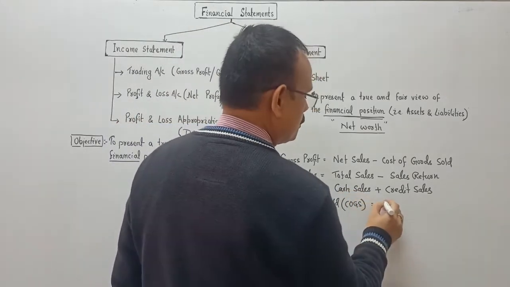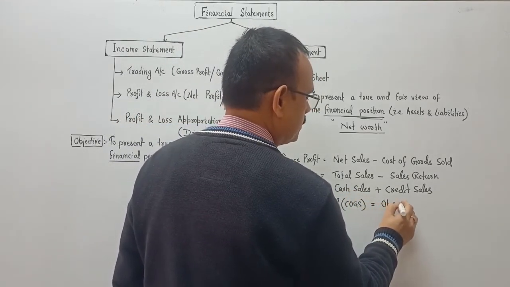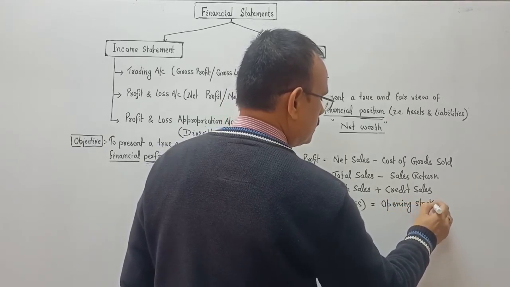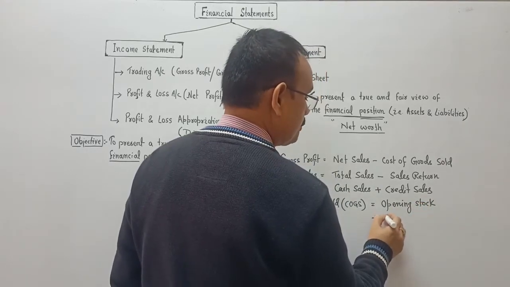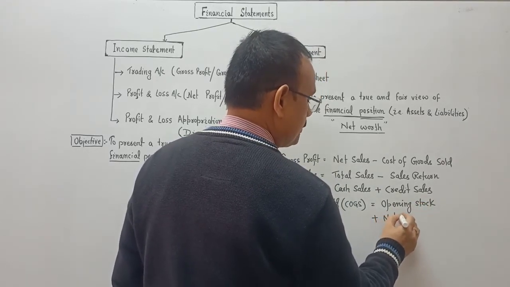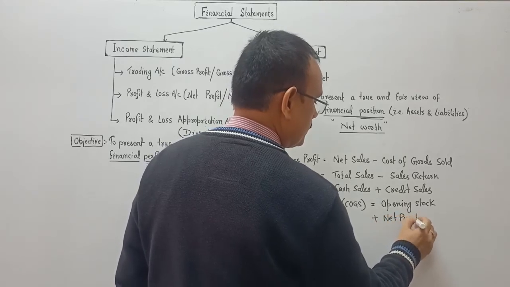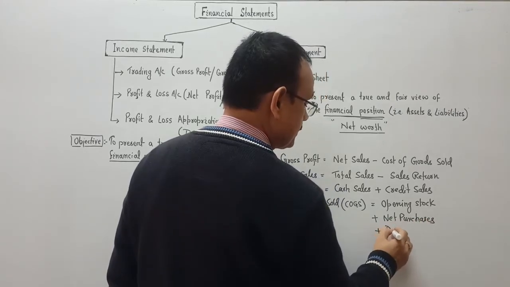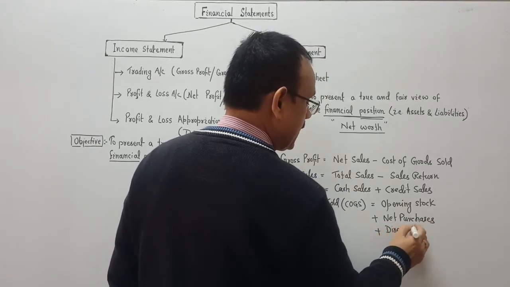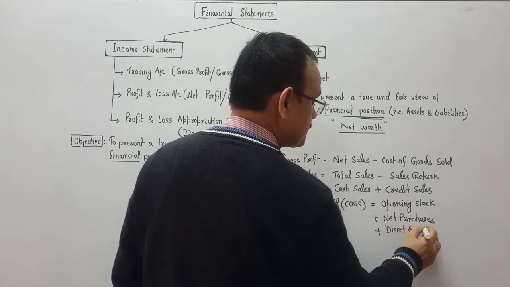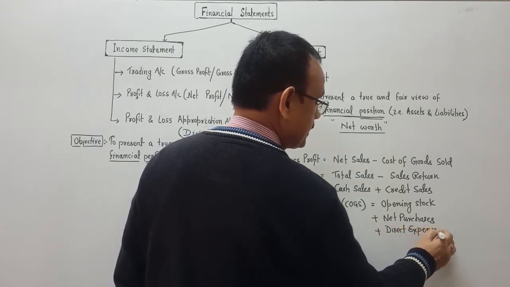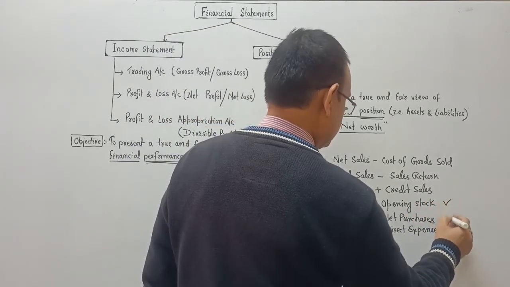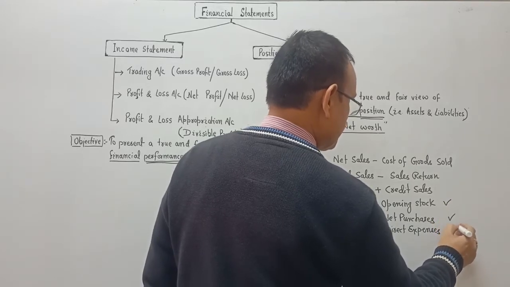Cost of goods sold is equal to opening stock plus net purchase plus direct expense, plus all direct expenses. Expenses are classified into two, direct and indirect expenses. Direct expenses. So we'll add opening stock, net purchase, direct expense